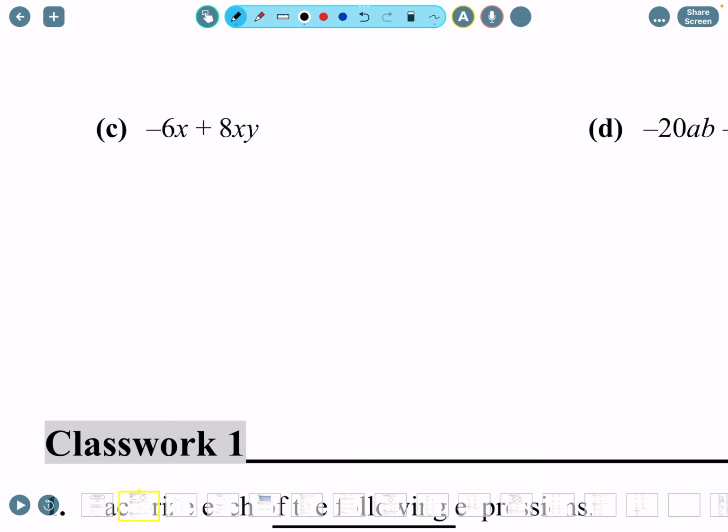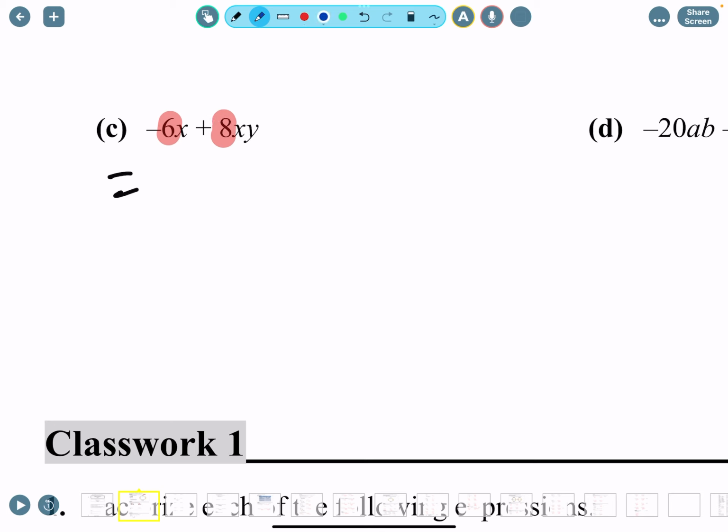Then we continue. Now, if the first one is a negative, it doesn't mean you have to factorize a negative, okay? You have to make sure that both are negative before you factorize a negative. So one of them is only negative. I'm not going to factorize negative. One I'm going to factorize is 6,